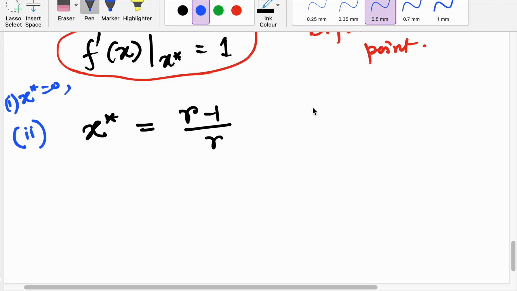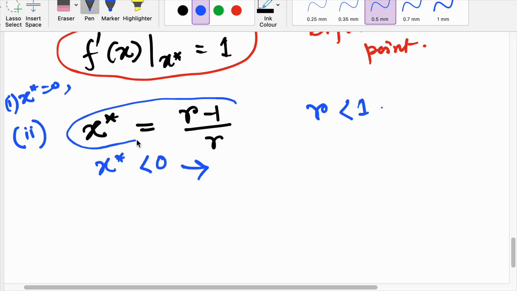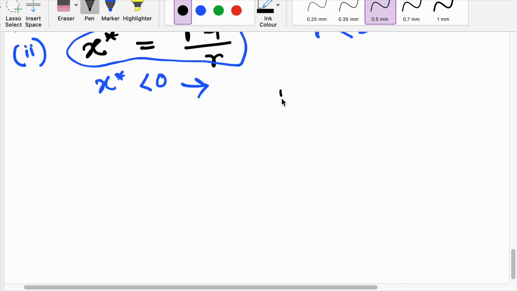Now you see, if r is less than 1, then what will be the value of x star? X star will be less than 0, and the population state can't be less than 0, because negative means a negative number of individuals in the population, and there is no meaning of that. So for r less than 1, this fixed point is not there in the physical range. So if I draw it physically,